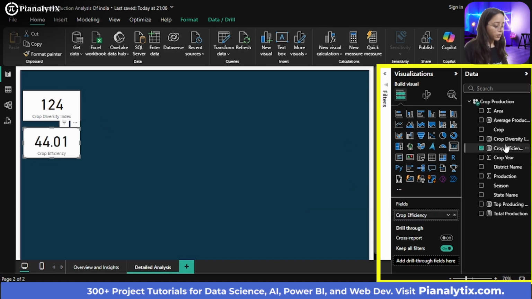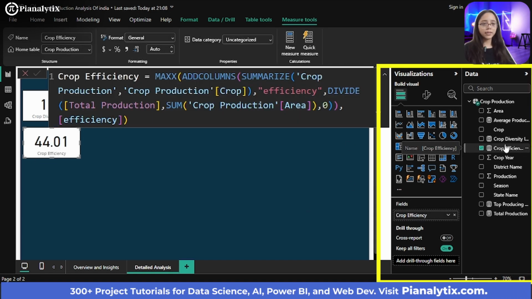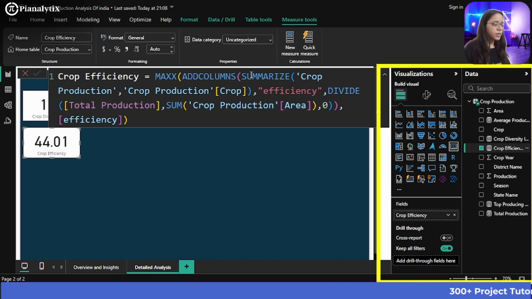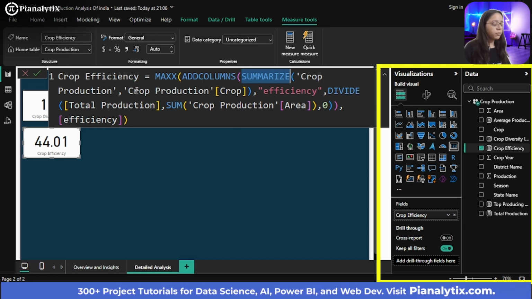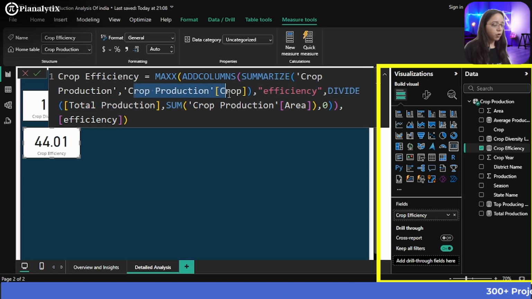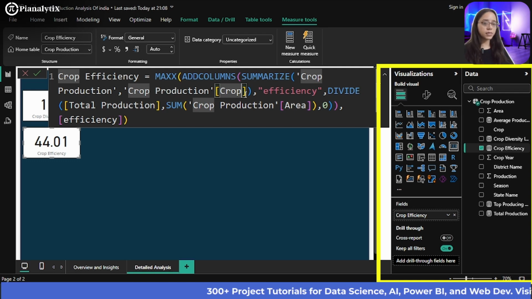So what happened was, when I created this crop efficiency measure, the first step that took place was summarizing. So what does the summarize formula do? Summarize formula will group all the crops from the crop production table. It will summarize the crops from the crop production table, so a temporary table is created.